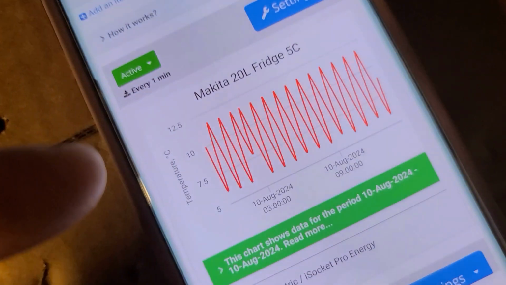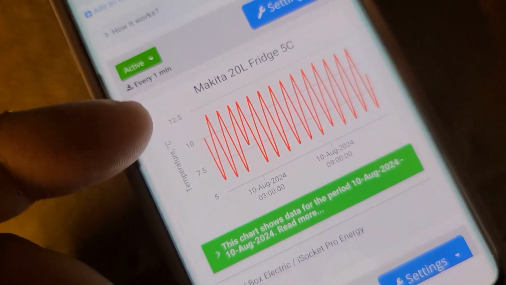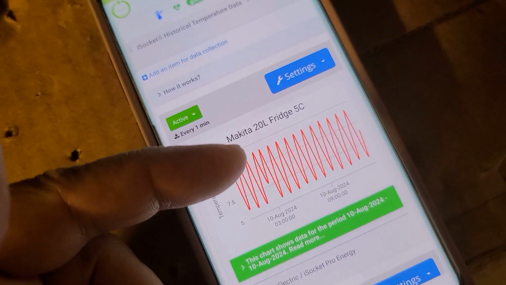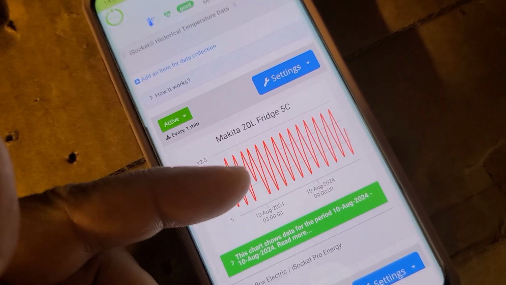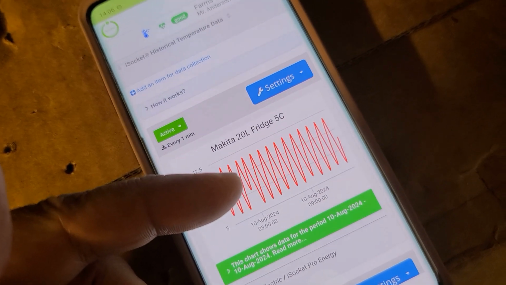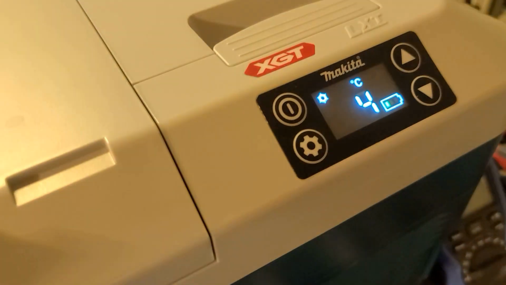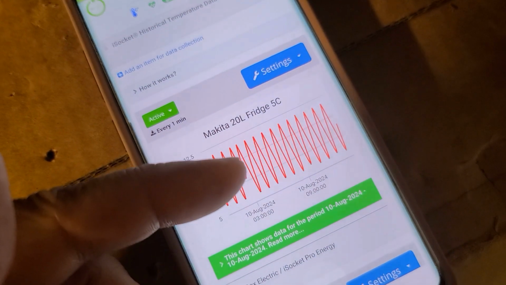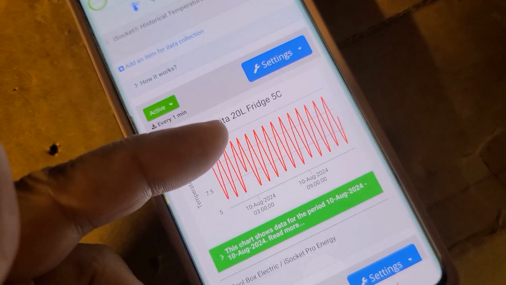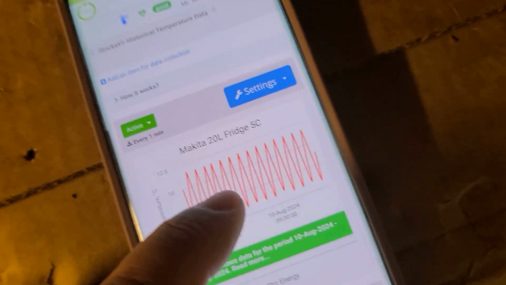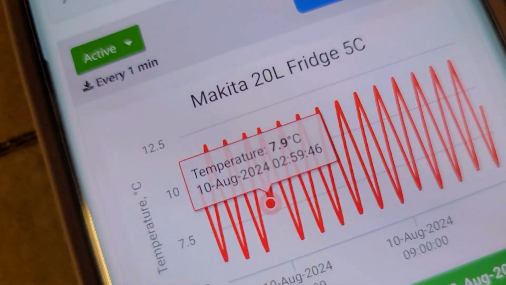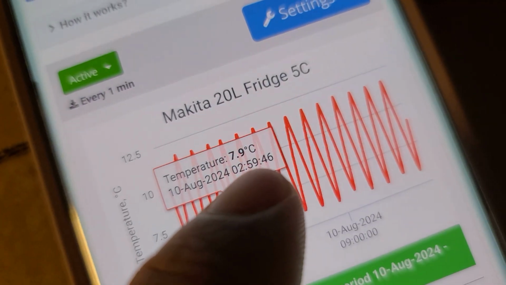Why? How do we understand this from here? So look, the compressor is operating from the battery, the temperature is dropping. Oops, the battery is empty. Stop. The compressor stopped and the temperature became rising. The second battery is switched on, but there is some protection, so the compressor doesn't run immediately. The temperature rises again till the threshold, and then on the new battery it starts working again. That is really awesome, and this way I can also understand when the battery was empty.